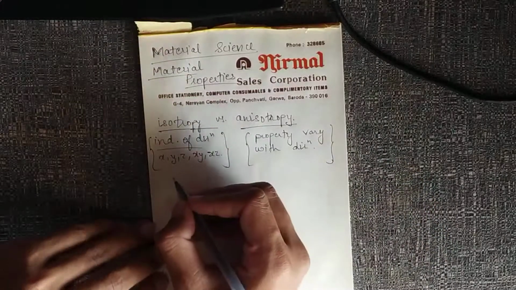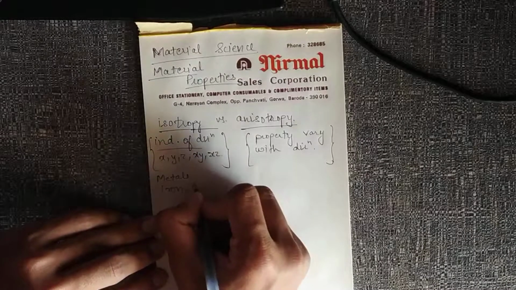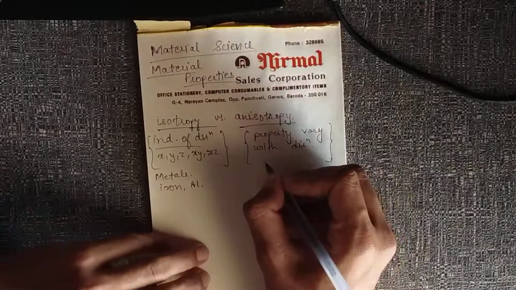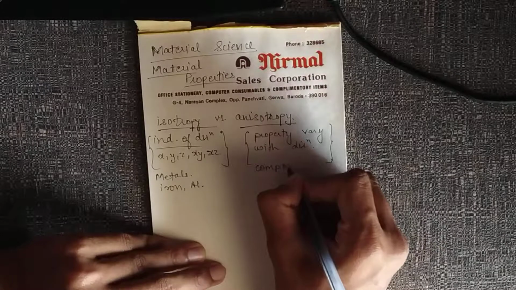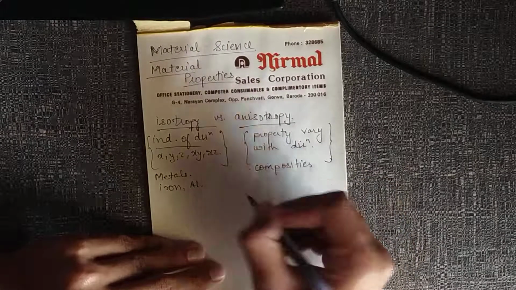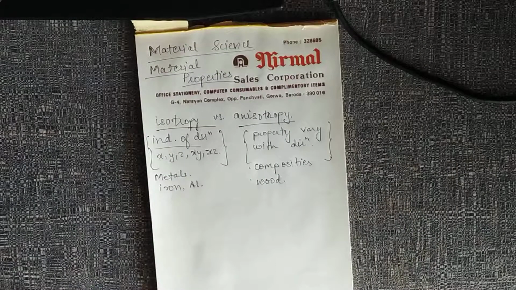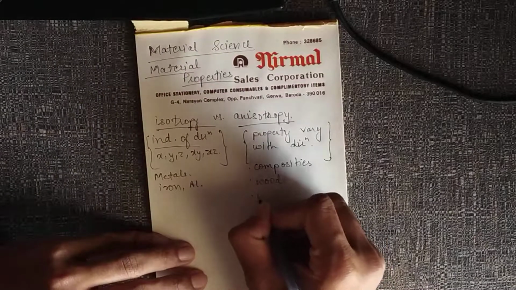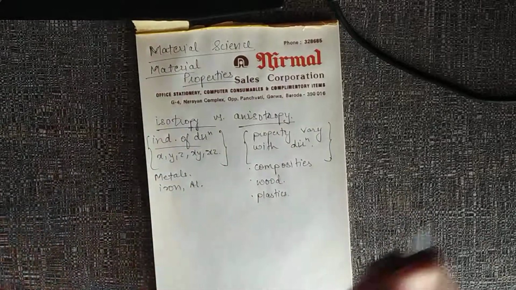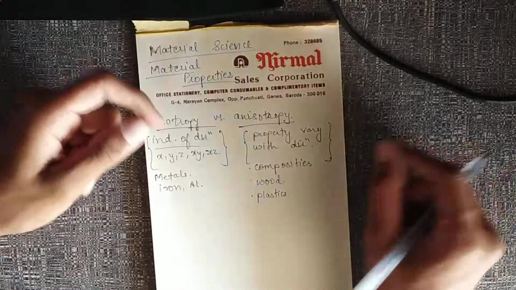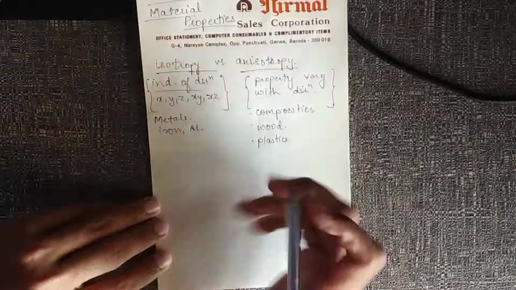The example of isotropic material would be our metals like iron, aluminium, etc. And anisotropic materials would be sometimes composites, which are artificially manufactured. And natural composites would be wood, bark, banana peels and everything like that. Laminated plastics, etc. So in one direction they may have a very high tensile strength, while in the other direction they may have a very low tensile strength, and so on.